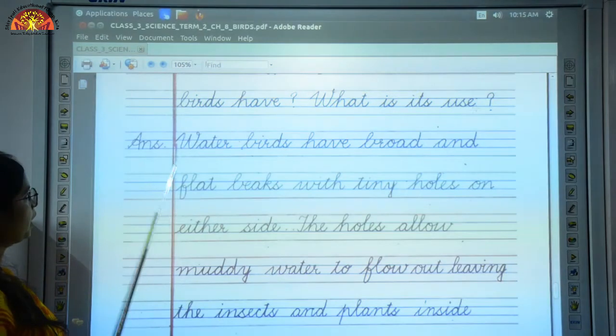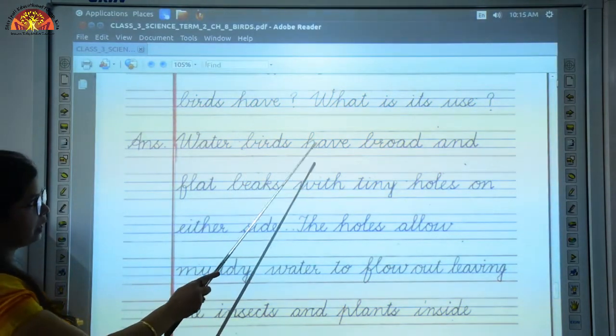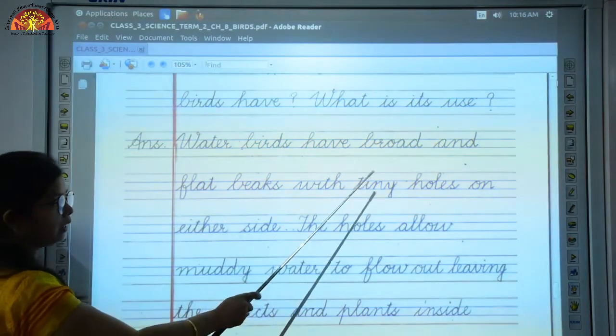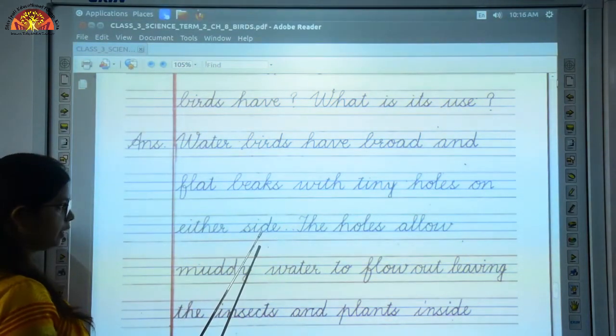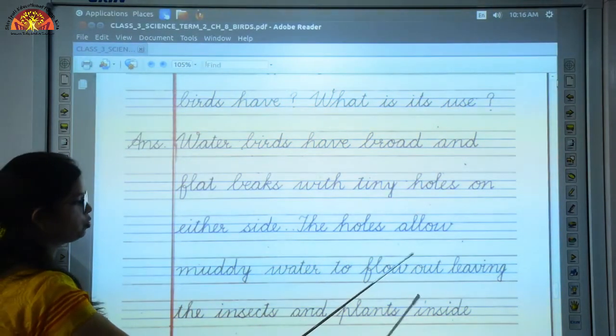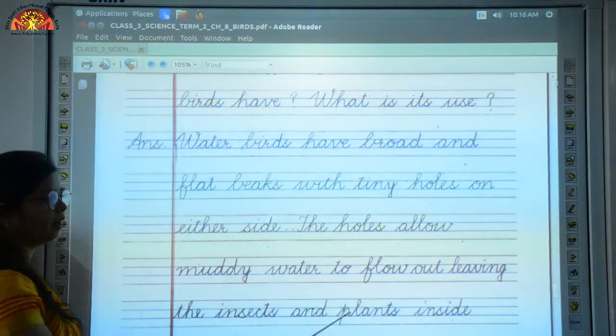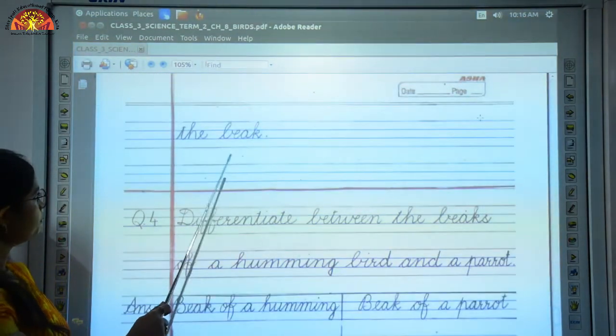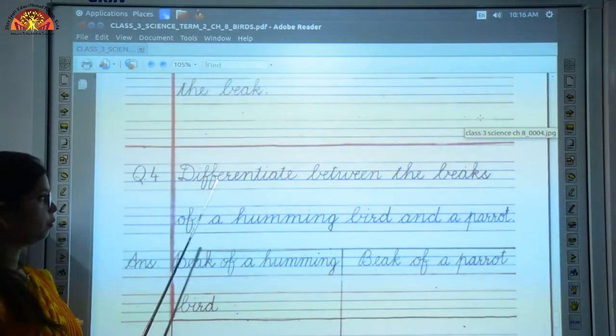The answer to this question is, water birds have broad and flat beaks with tiny holes on either side. The holes allow muddy water to flow out, leaving the insects and plants inside the beak. Then you have to put a full stop.